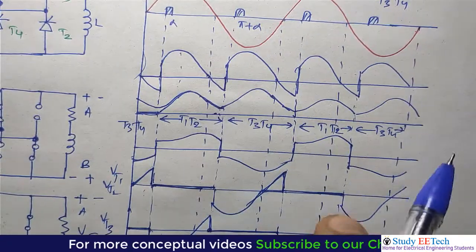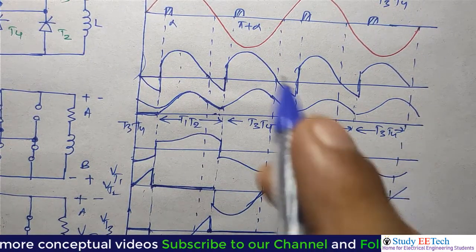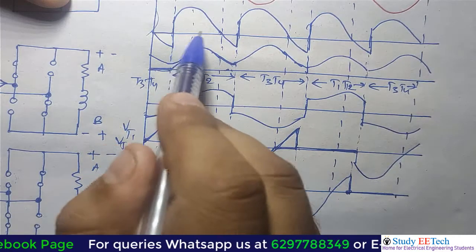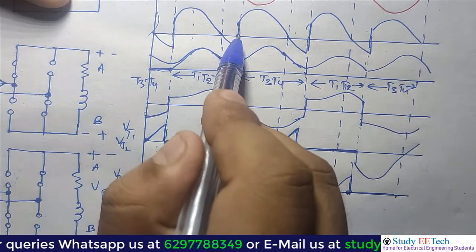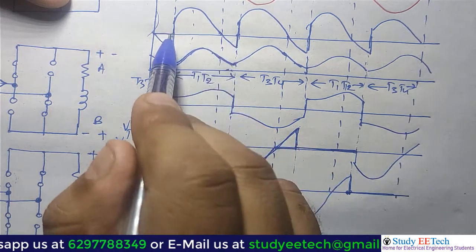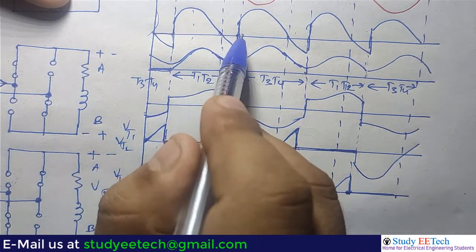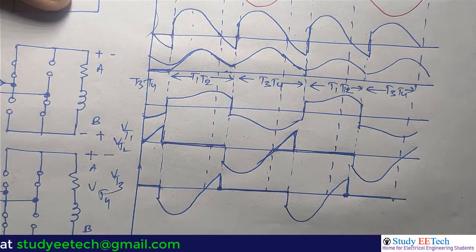So these will be the different voltage and current waveforms. Now one thing, now we will calculate the average voltage. Do you see the waveform here from alpha to pi plus alpha? So this is being repeated, so we can take alpha to pi plus alpha as the periodicity,